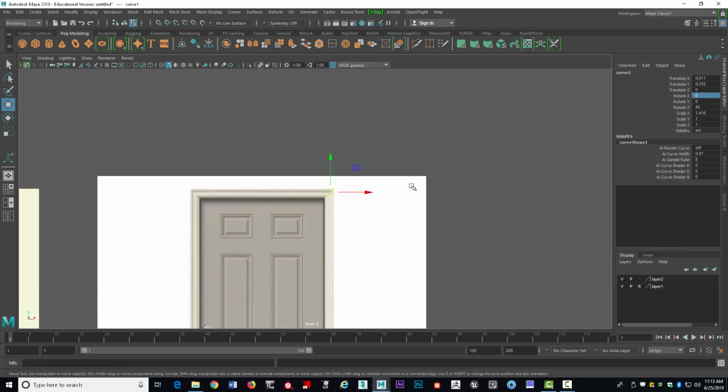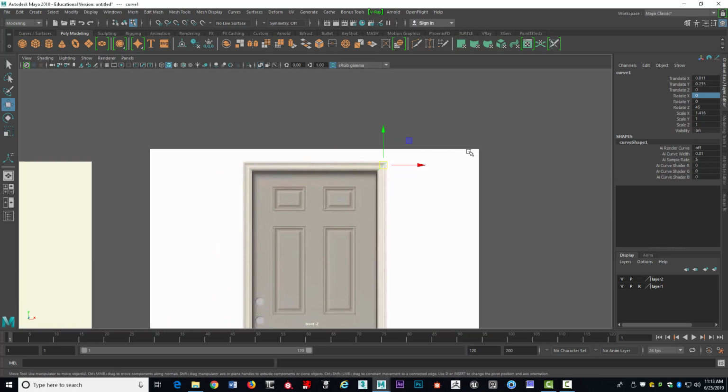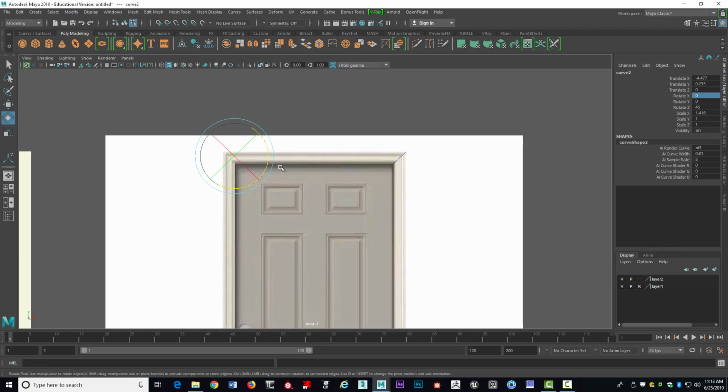Now I need it to be a little bit longer, so I'm going to extend that out a little bit and get that set up. All right, so I'm going to take that, Control D, move that over, rotate it,